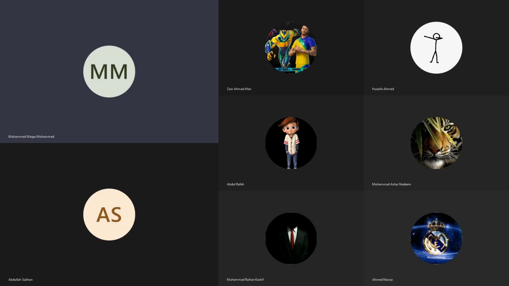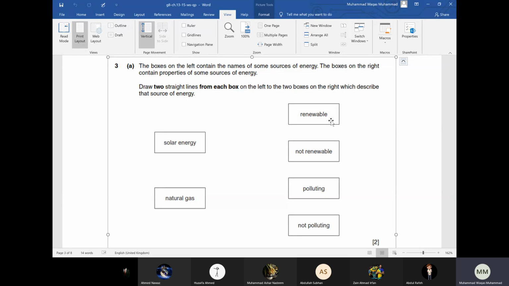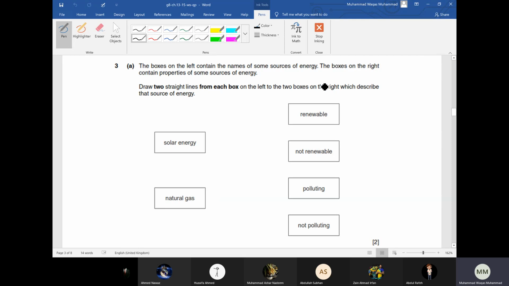Question number 3. It states the boxes on the left contain names of some sources of energy. The boxes on the right contain properties of some sources of energy. Draw two straight lines from each box on the left to the two boxes on the right which describe that